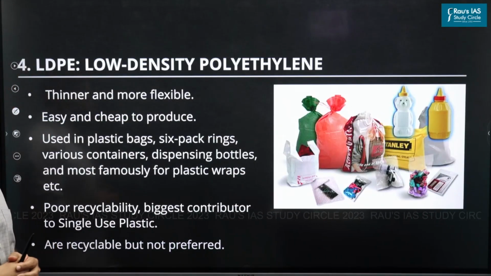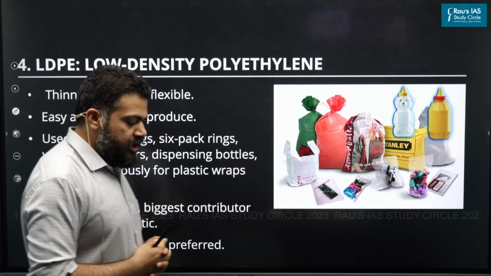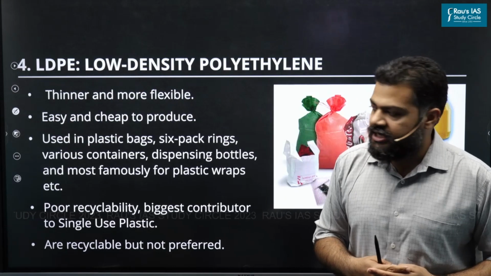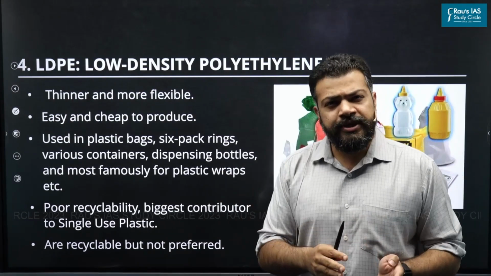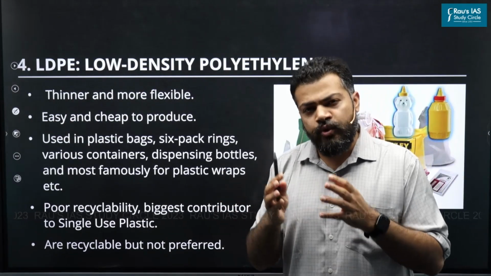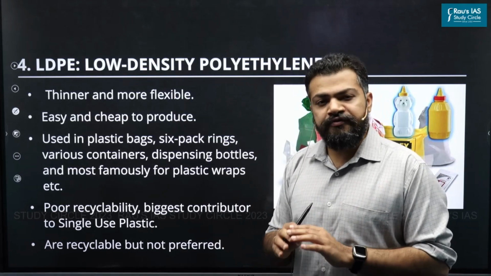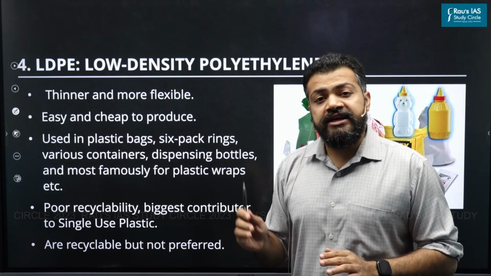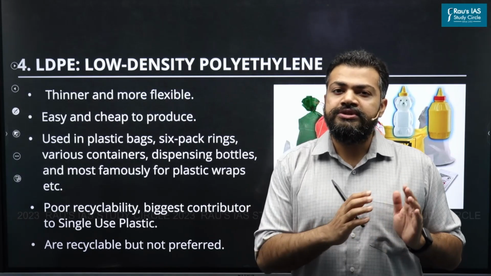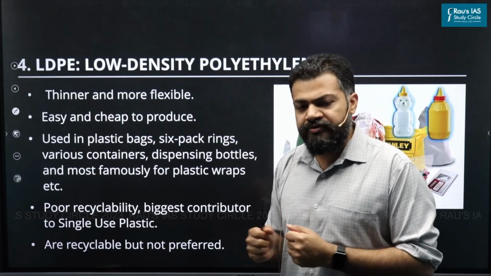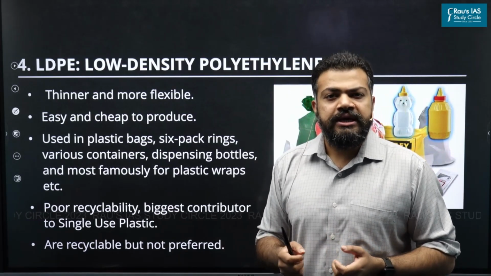Then comes LDPE, low density polyethylene. Low density polyethylenes are basically those kind of plastics which are similar to HDPE, but as the name suggests, they have lower density, so they are usually thinner, softer. Now these are very popular. In fact, they have been the biggest constituent to single-use plastics, and because of their thin and weaker nature,